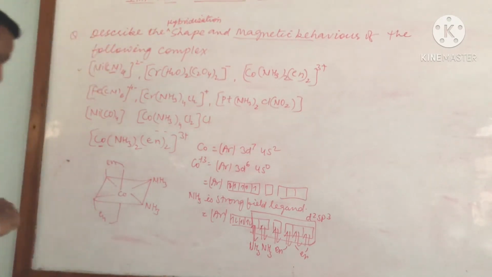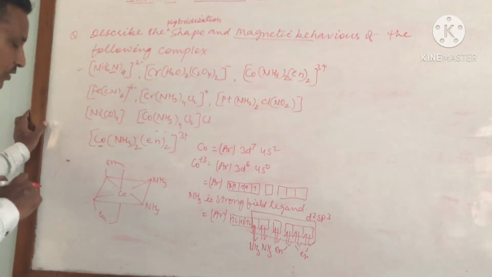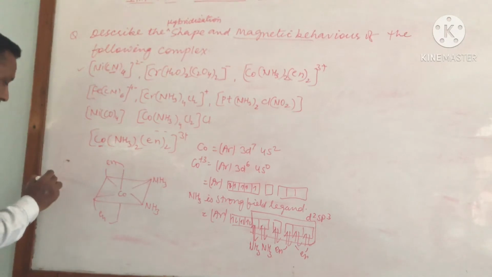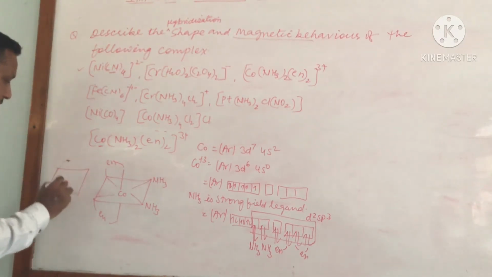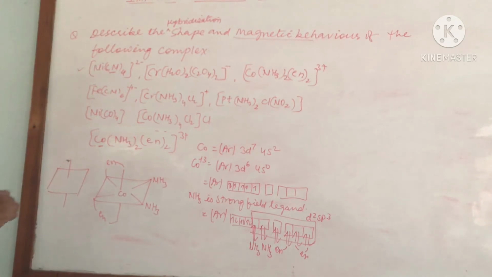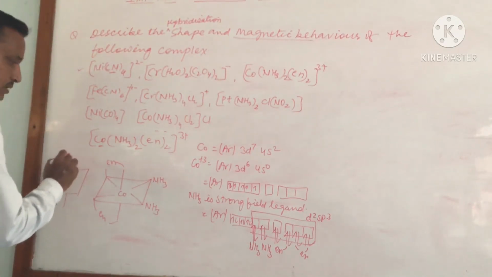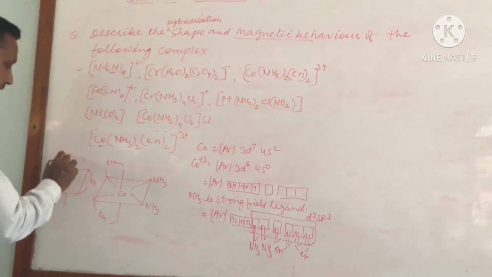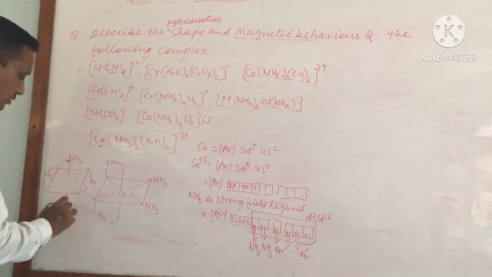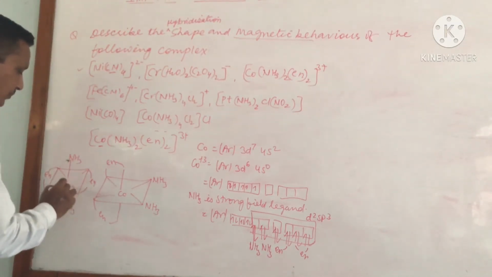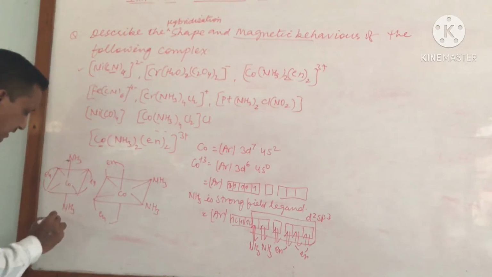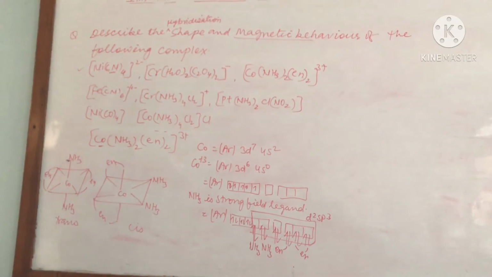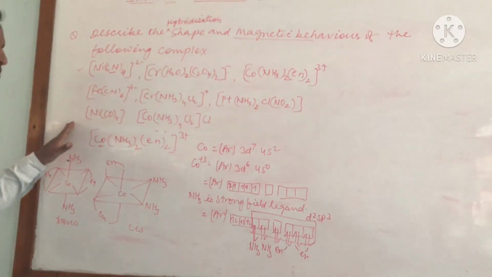So in this case we can say it is the cis form of this complex, because both NH3 ligands are on the same side. If we want to draw the structure of the trans form, then we can easily prepare the trans form: en and NH3 and NH3. This would be the trans form of this complex. So this is trans and this is cis form. So 2 geometrical isomers are possible for this complex.